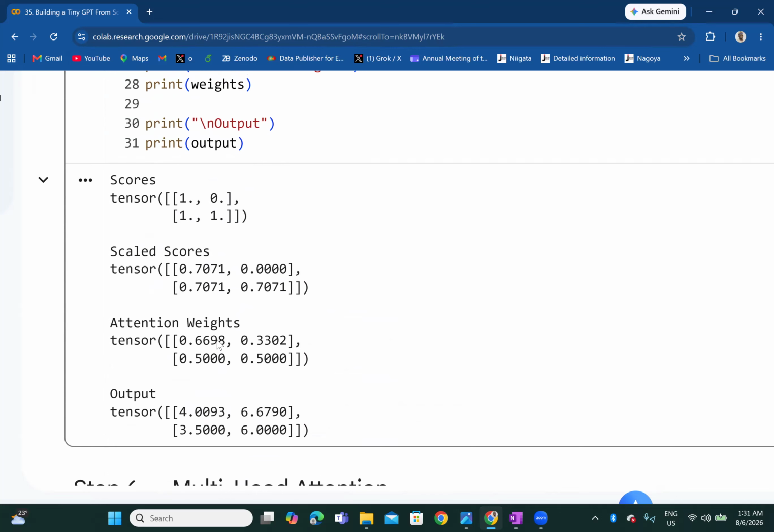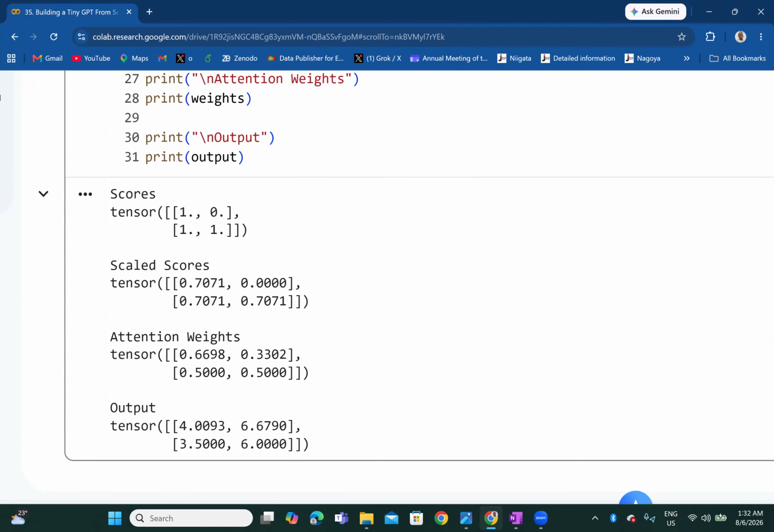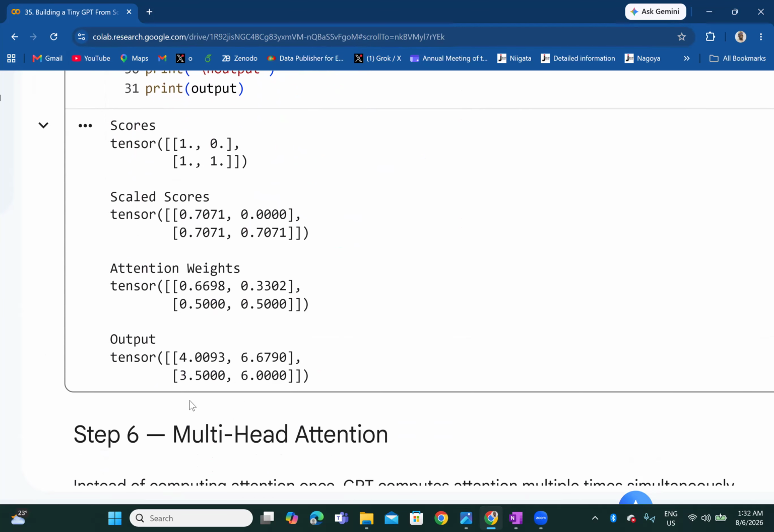So you get 0.6698, 0.3302. You do it row by row because each row is actually one token. So you do it token by token, and when you add this and this together, you get one. When you add this and this, you get one. That's how it works. So then the final output, now you multiply this by the value. The value is this 5824. So you multiply this 2 by 2 matrix by that value, and then the output tensor is